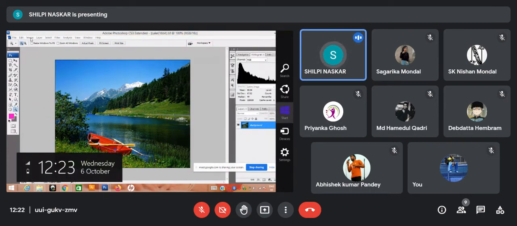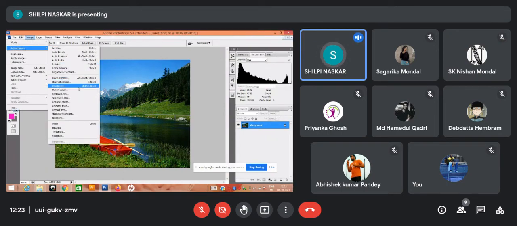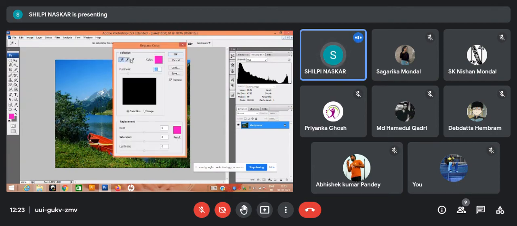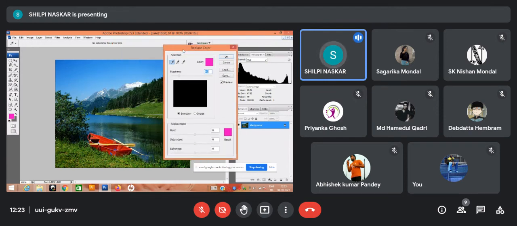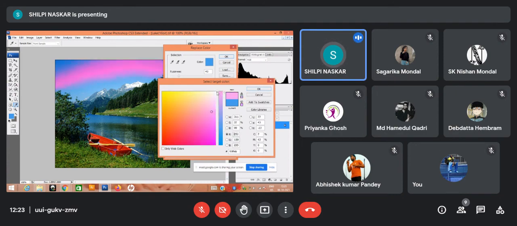Adjustment is basically done on the different color attributes which are being used for that particular image. Now you can replace the color, you can totally replace the color. You can replace the color in a way like this: say you take this color, and the replacement color is like, say you have chosen the blue and you have changed it to this.